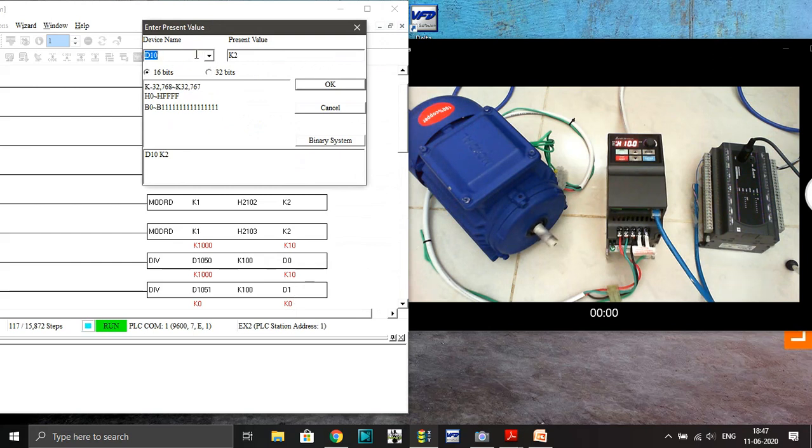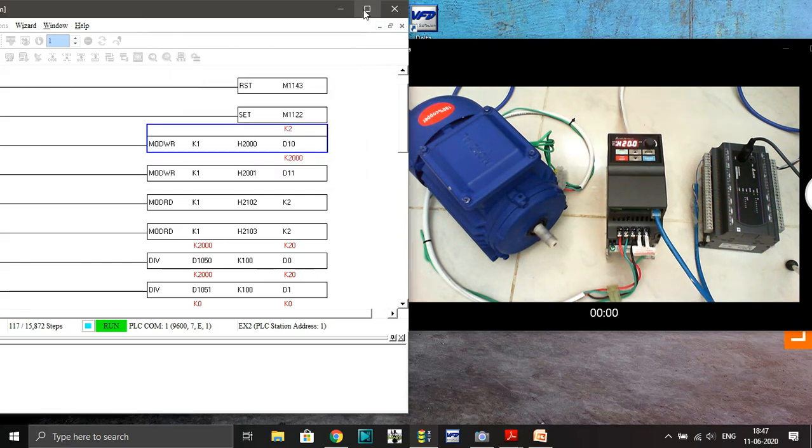I will change the frequency here, making it 20 hertz. You will see a change in both the commanded frequency and the output operating frequency. See, the commanded frequency changes suddenly, and this one is step by step, showing how the VFD is performing and giving the output frequency. So this is the 20 frequency. Likewise, guys, we can take feedback or read data from the VFD also.